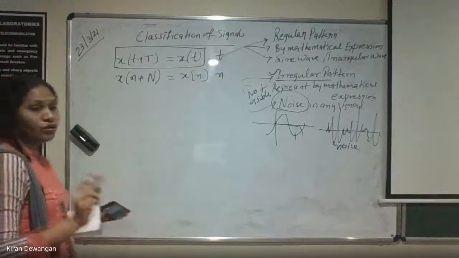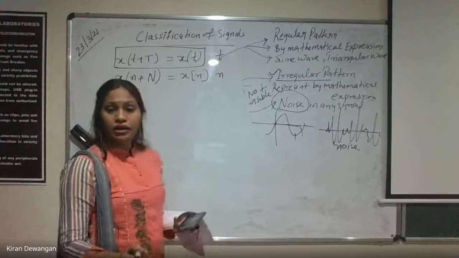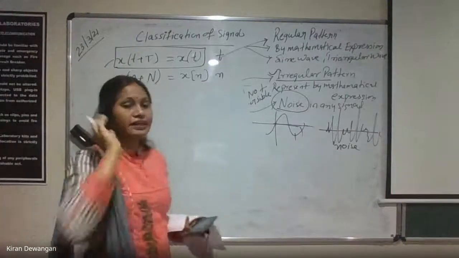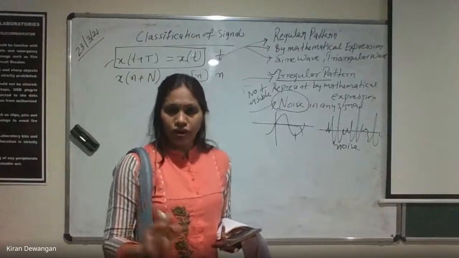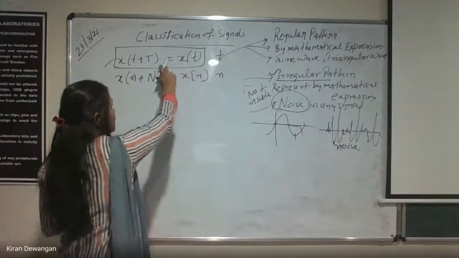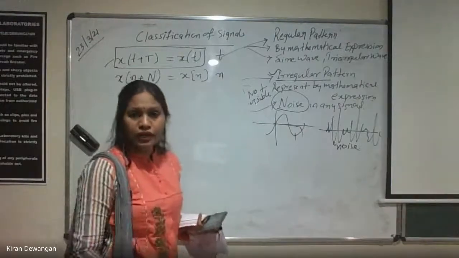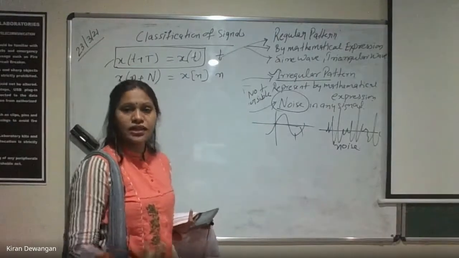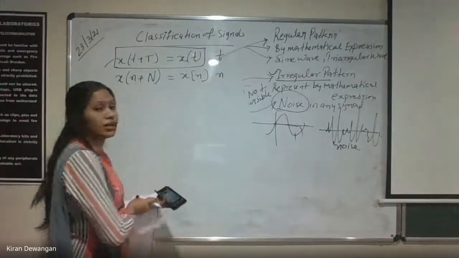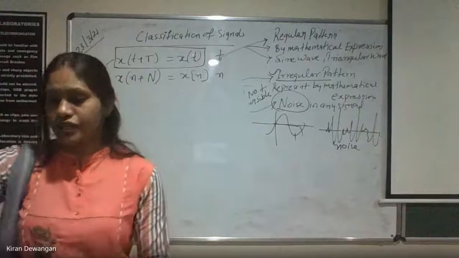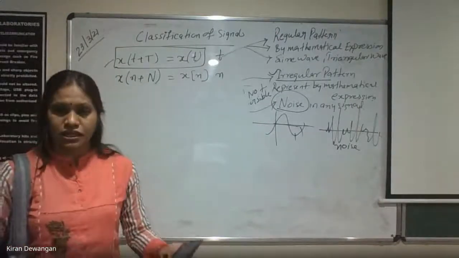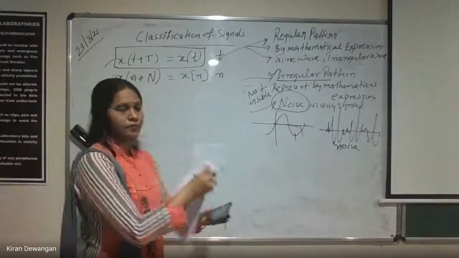And if you talk about non-periodic, what does non-periodic mean? If it is not satisfying this condition, definitely it's non-periodic. Periodic and non-periodic, that we have to just differentiate, right? If it is satisfying this condition, it is periodic. If it is not satisfying this condition, it is non-periodic. That's it. There is no other difference. There is no special separate definition for non-periodic. Here we just need to understand that if it is not a periodic signal, it will be a non-periodic signal.